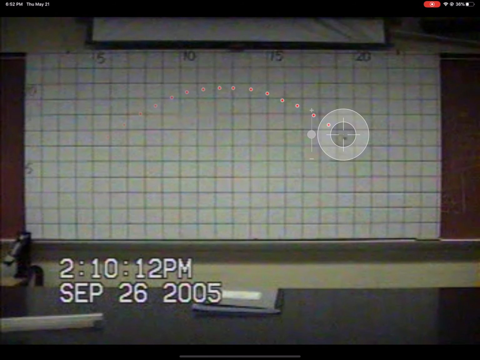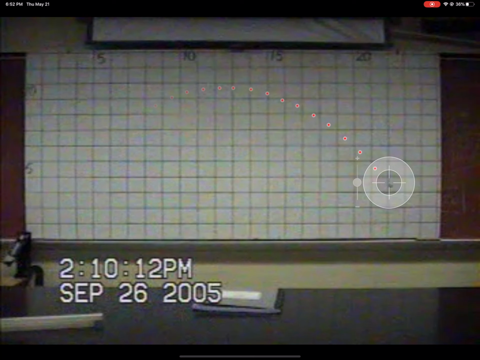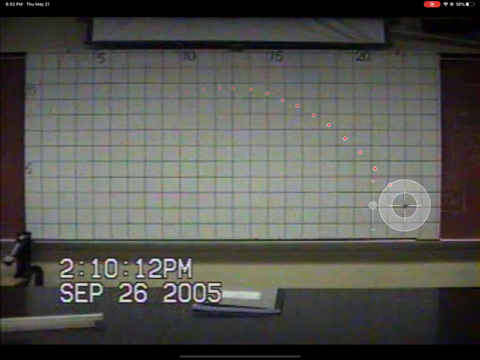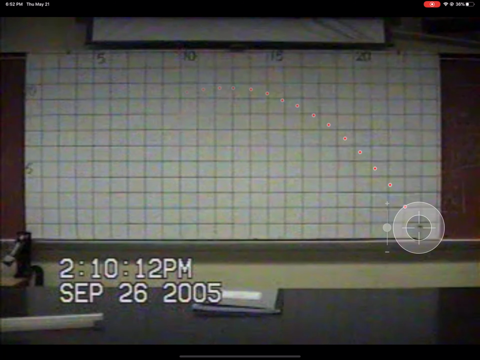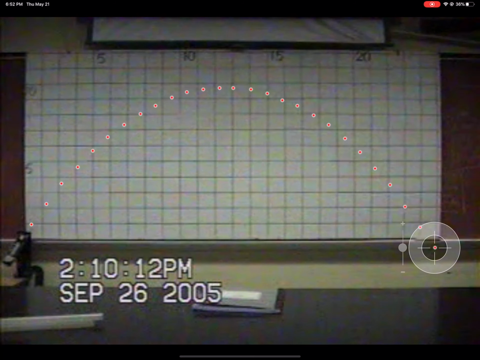It's actually pretty cool because you can see the trajectory of this. It's really nice and parabolic. This was launched from a little cannon at an angle. And I'm gonna wait until it gets off screen. And there's the last one. You can still see it off screen, but I'm only going to do it while it's in front of the